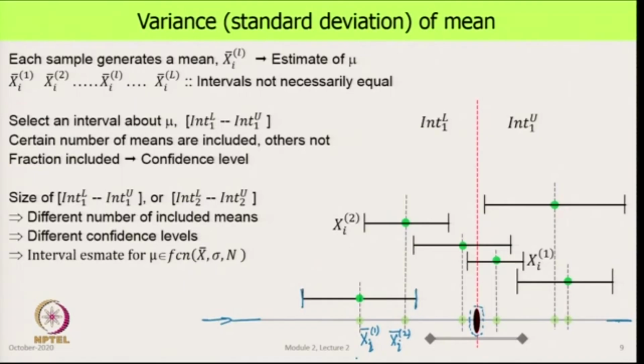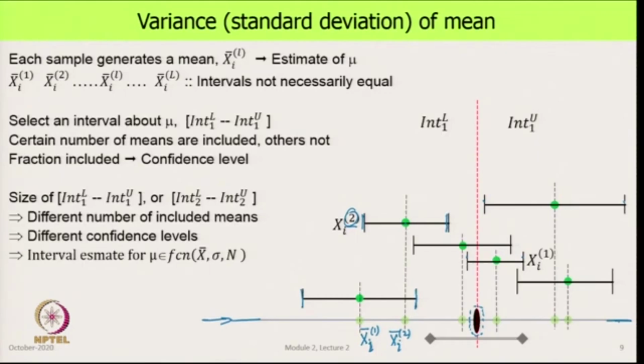We do the same thing for every sample. For the second sample, which is right here, we do the same thing. This is its mean value and this is the range of the interval estimate. Like that we do for the third, fourth, fifth and so on. Some intervals are small, as you can see in this one from here to here. Some intervals could be big, like you are seeing in this particular case. And so, if you had a lot of samples, we end up creating a lot of such points.